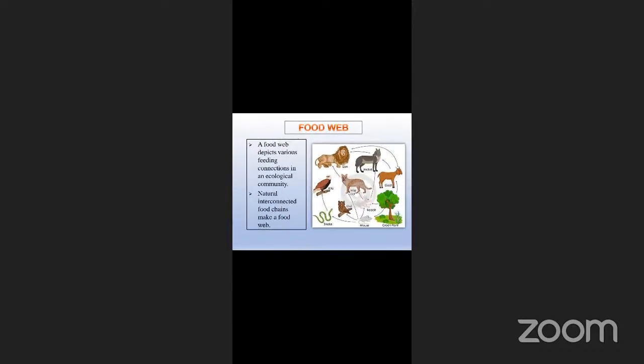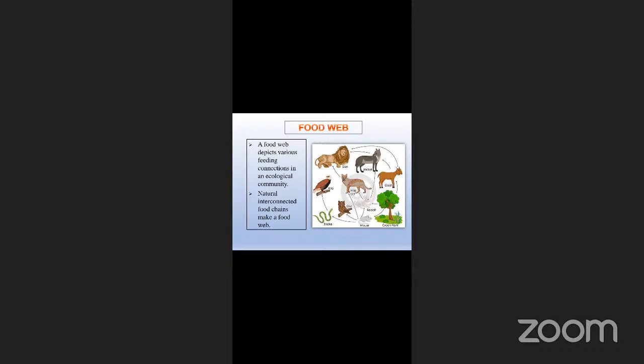Now we have another thing called food web. So food web is nothing but the feeding connection. It is a web. Web means interconnection, interlinks based on their feeding habits in an ecological community. So here if we see